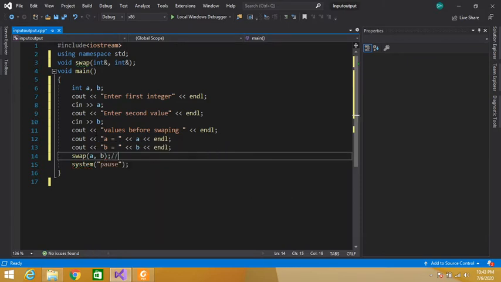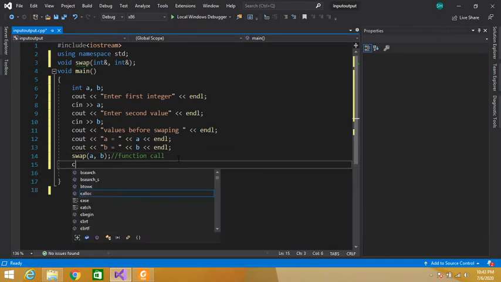So this is known as our function call. How to call a function? Write the name of the function and then in parentheses the parameters.